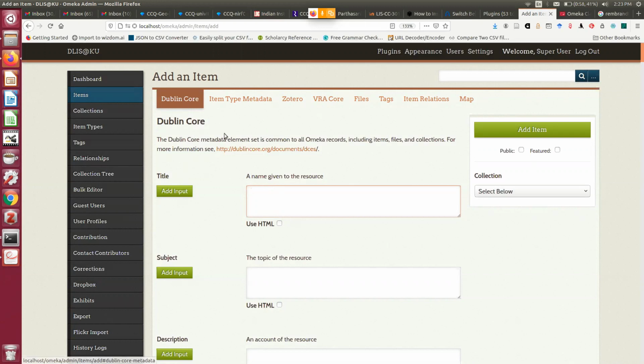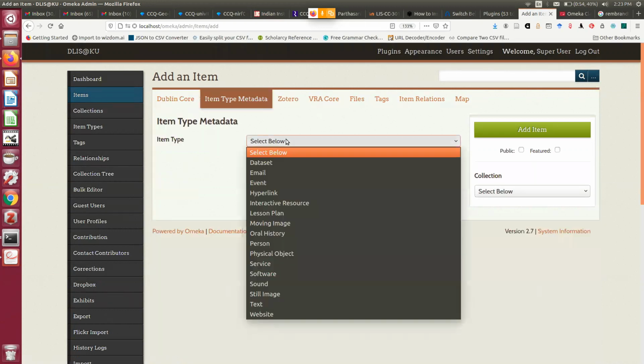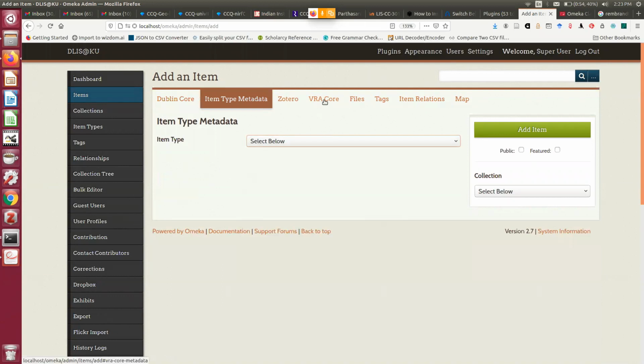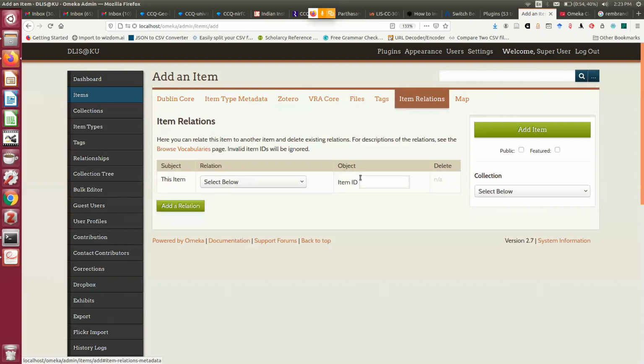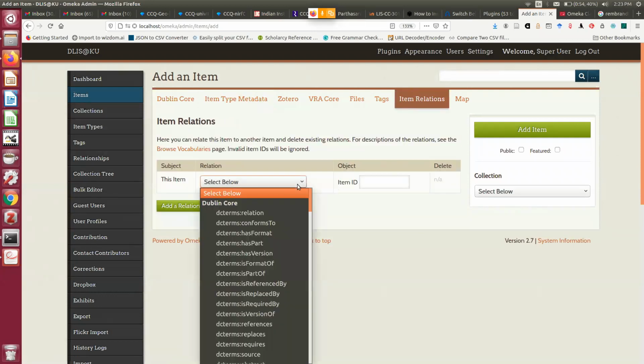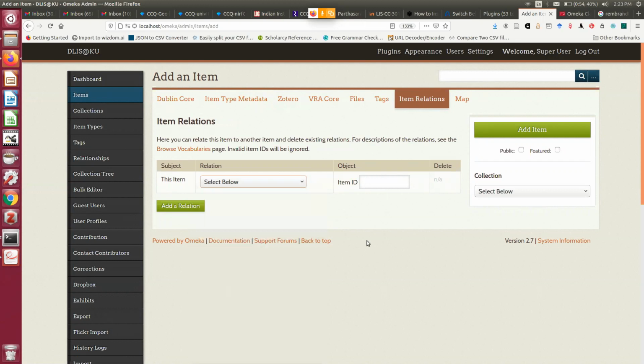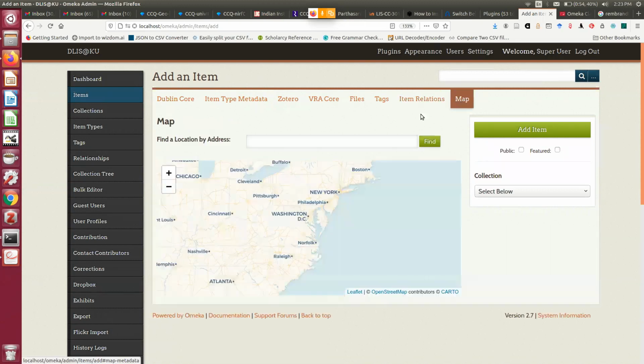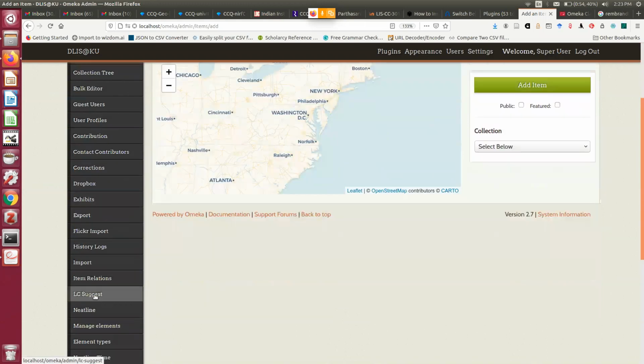So this Dublin core is the item level. Then item type metadata you can pick up from here, what type of item you are uploading. Then according to that you can give a few data. Then VRA core will be handling later on. Then item relationship. 2-3 items you are uploading can be related with each other, so that you can make a graphical navigation from one item to another item. And if you are using geolocation, you can also pick up the coverage from here and try to create this. LC suggest,